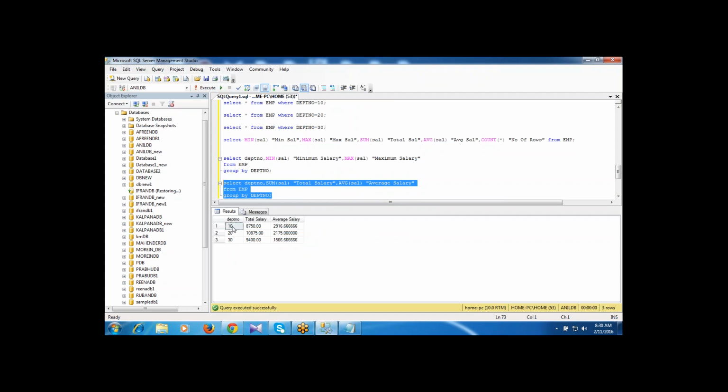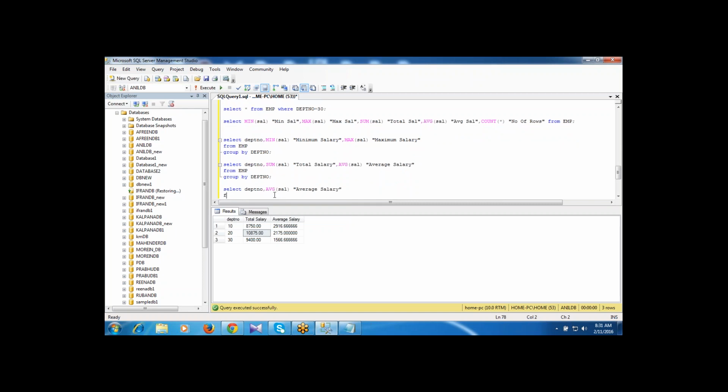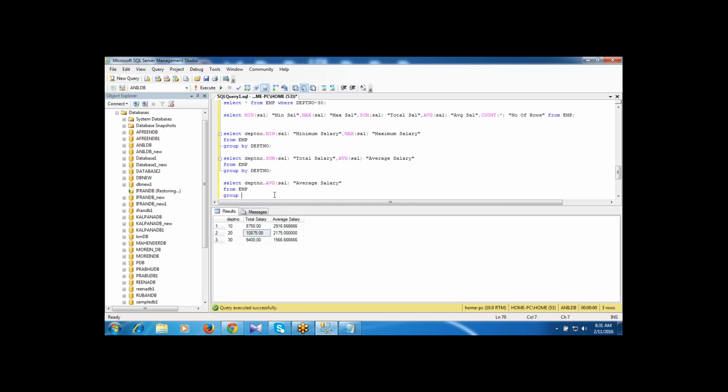For department number 10, sum of salary and average salary. For 20, sum of salary and average salary. For 30, sum of salary and average salary. So I am finding the average salary for each department.